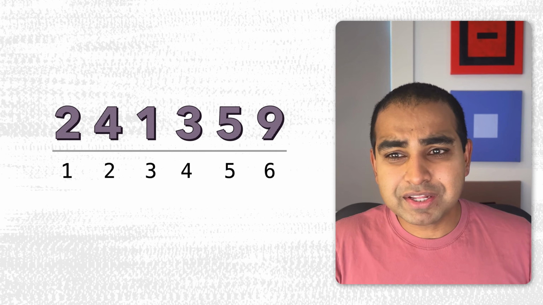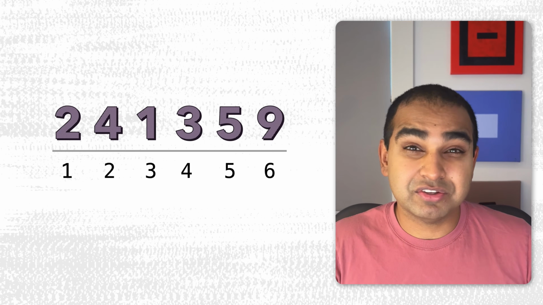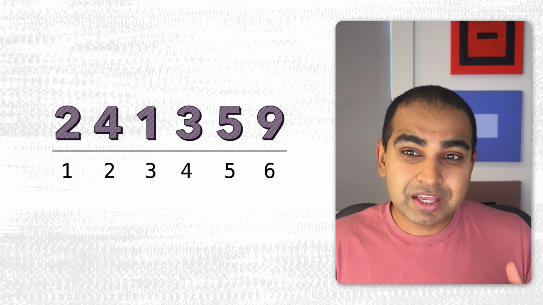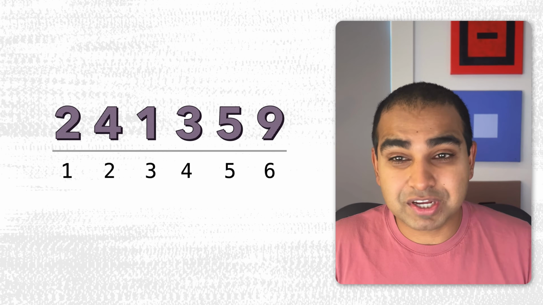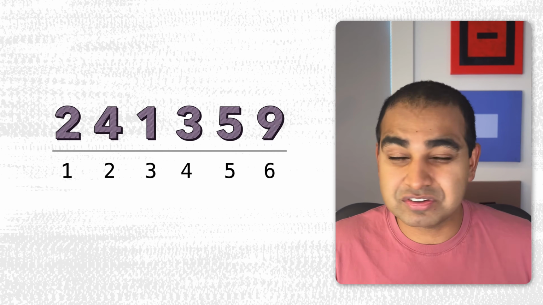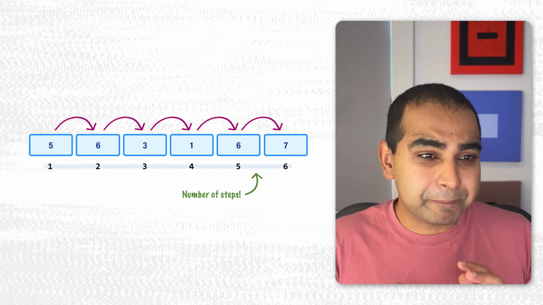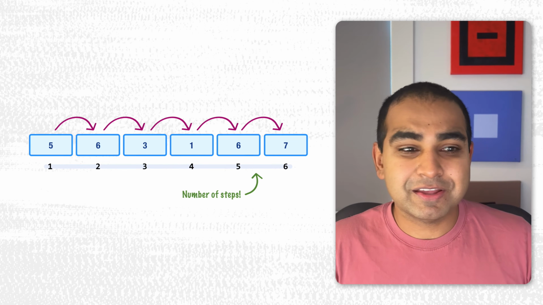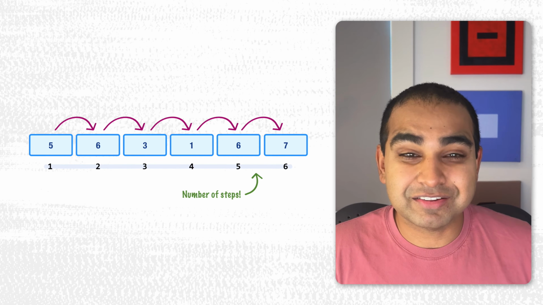Now, what we can kind of see here is that the number of times we count to see how many digits there are is directly related to how big of a number we're dealing with. Earlier number was 4 digits, so we had to count 4 times. In this case, our number is 6 digits long, so we have 6 values to focus on. Now, the way to think about it is the number of steps is directly proportional to the size of our